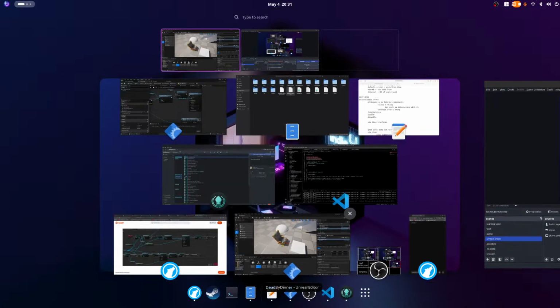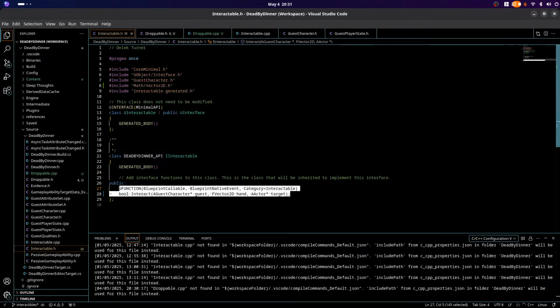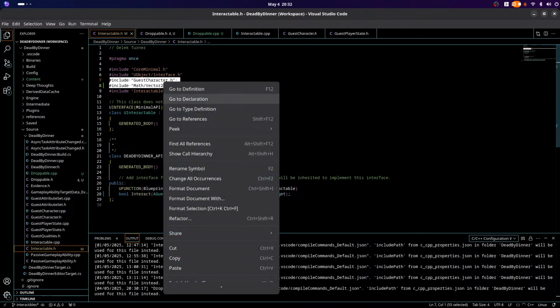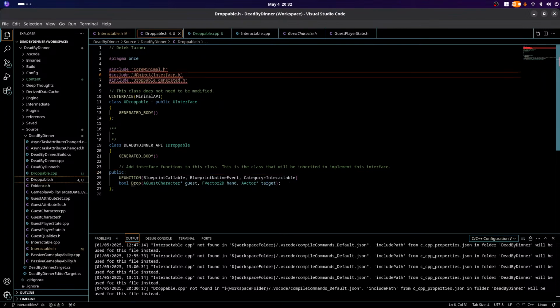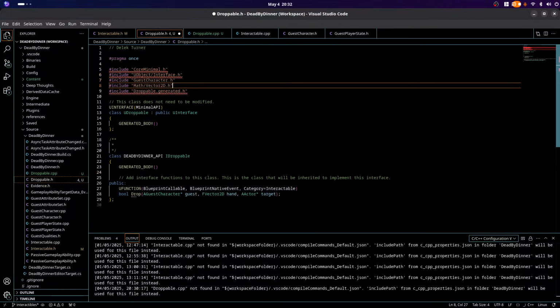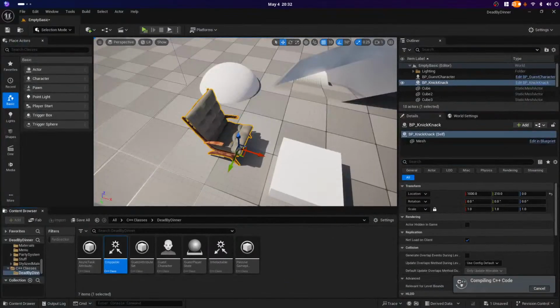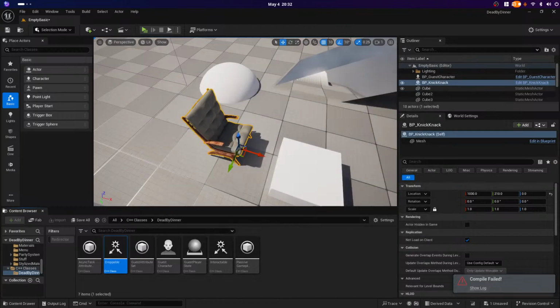Oh, wait, but it doesn't work because I already messed it up because I don't import the character or the vector. So it's doing its thing, but we both know it's not going to work. I clear that. I cancel this. I don't think that cancels. While we're here, before it goes again,